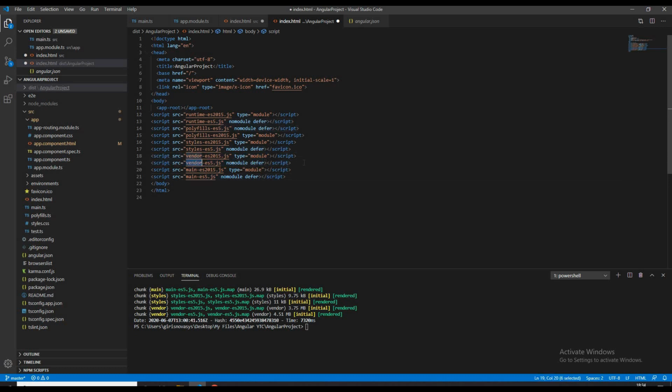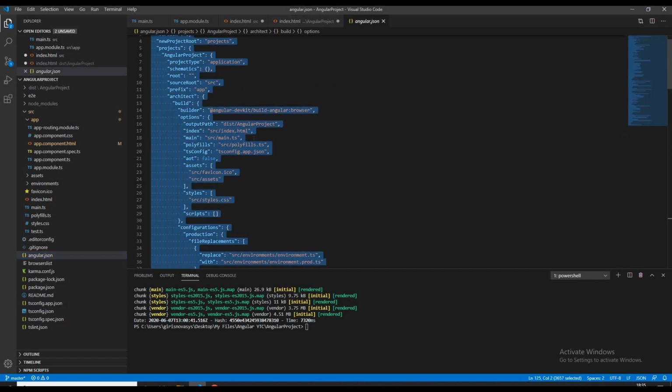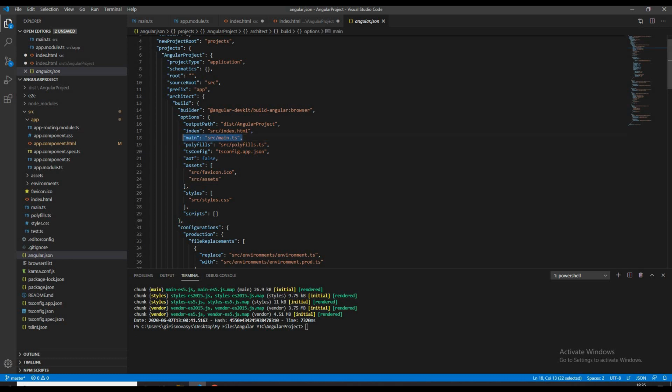Now, the starting point of our application, the index.html file, is loaded. Now it's time to tell Angular the entry point for our application. We can find the entry point of our application in the main attribute under the angular.json file. We have our main.ts file set as the entry point. Open main.ts file.